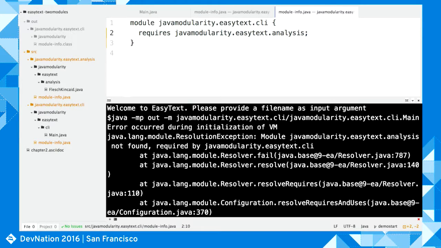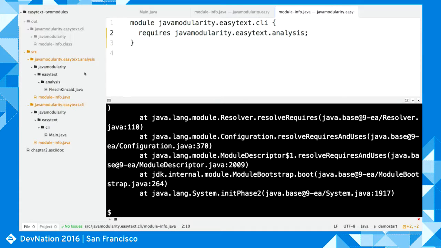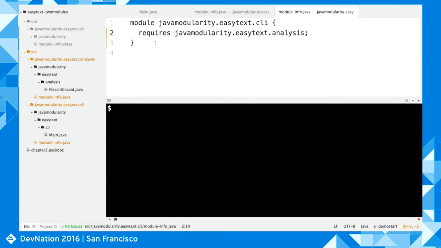We cannot find module analysis. So that's a really, really big improvement over the class path case. And we've also seen that using the exports and requires, we have explicit information about what is visible between modules. And using the module graph, we have both compile time and runtime support to actually better structure applications.